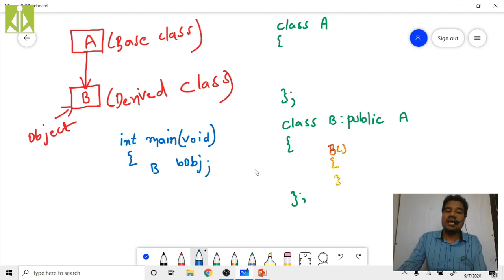But how is it gaining the properties of A class as well in inheritance? Because in A class also your compiler will add the default constructor, isn't it? Now who is calling this default constructor of A? Because we are not creating any object for A class, isn't it? Are we creating any object of A class over here? No, we are not creating. We are just creating the object of B class. But the creation of B class object is also gaining the properties from A class.